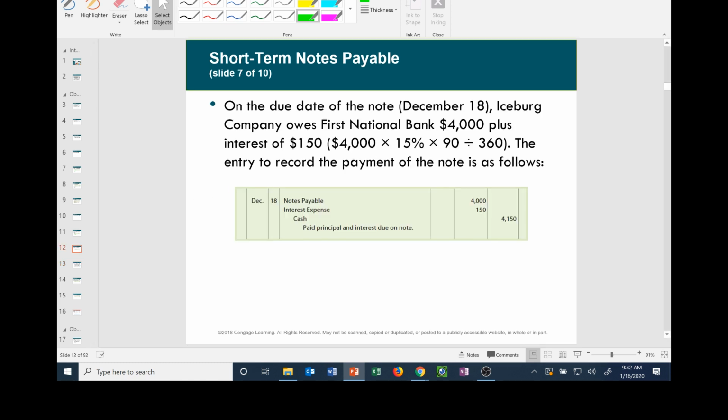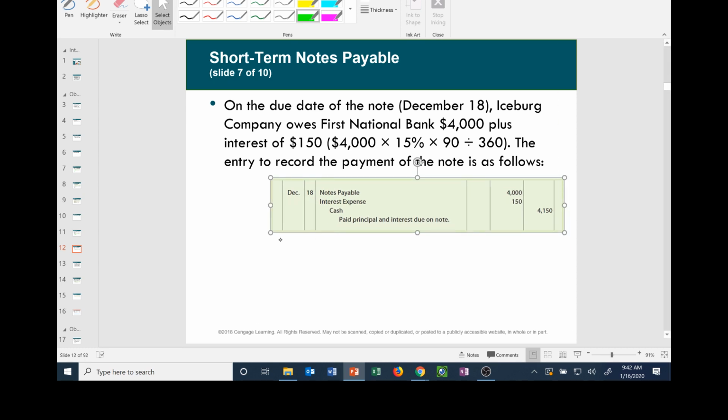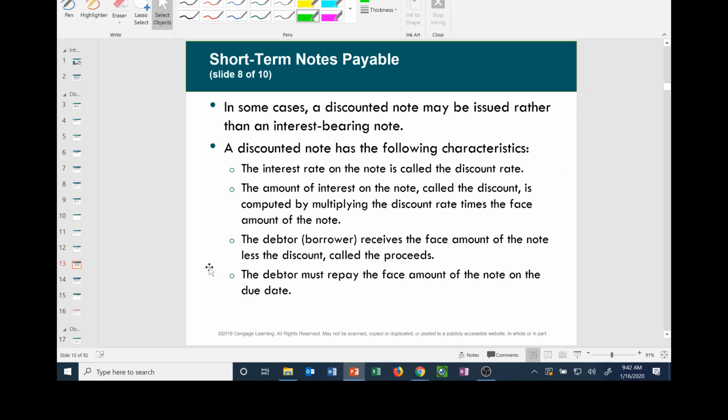Now, there are discounted notes. What that is, on the due date of the note, this company owes First Bank $4,000 plus interest of $150. The interest recorded with the payment of the note is just simply here. But if it's a discounted note,